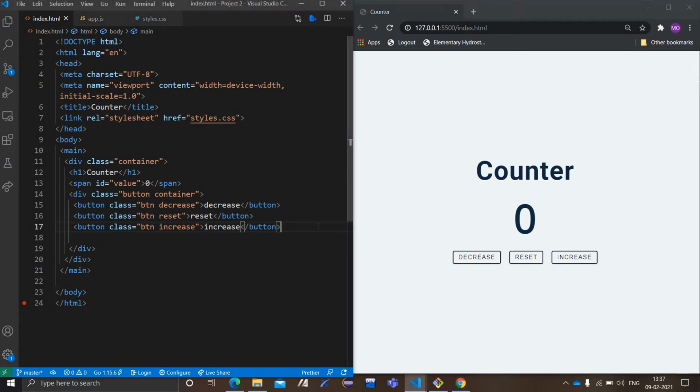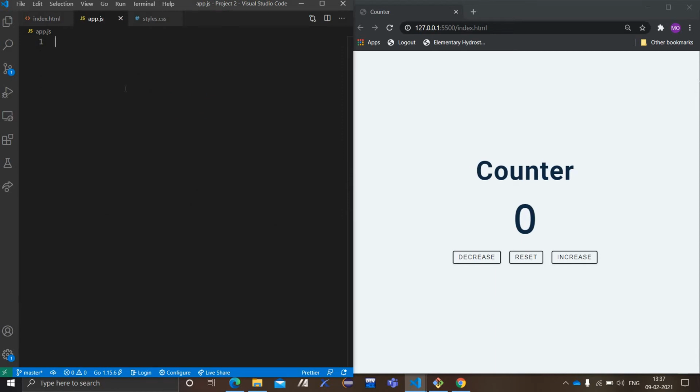Okay, so after that what I have to do, I have to add script dot src in which I have dot js. Then let's move to the JS part. So let count is equal to 0.